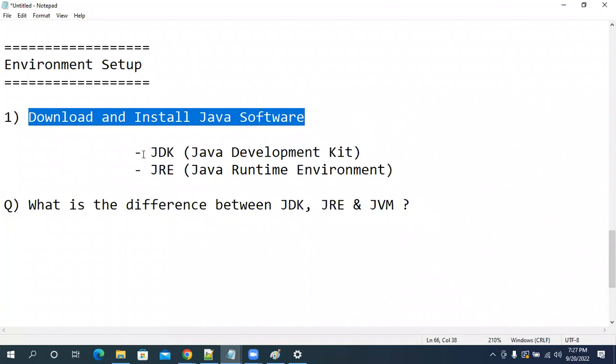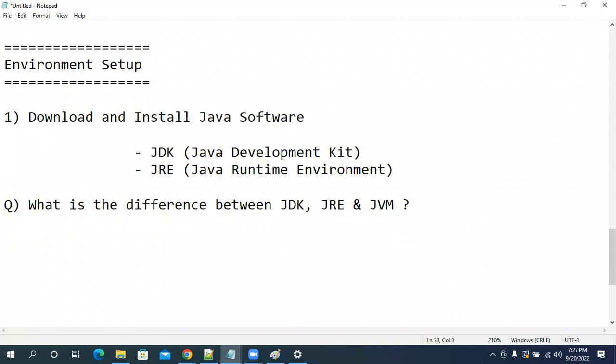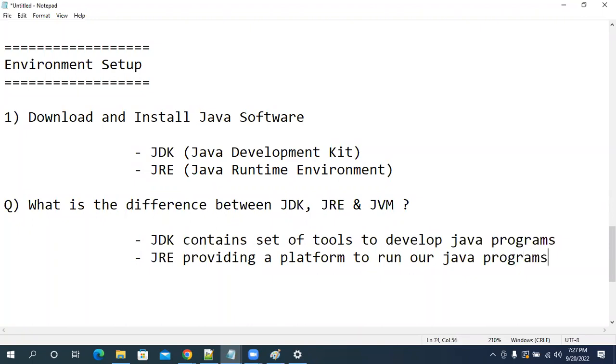When we install Java, we got two folders. One is the JDK folder, another one is the JRE. What is the difference between JDK, JRE, and JVM? JDK contains a set of tools to develop Java programs. JRE provides a platform to run our Java programs.